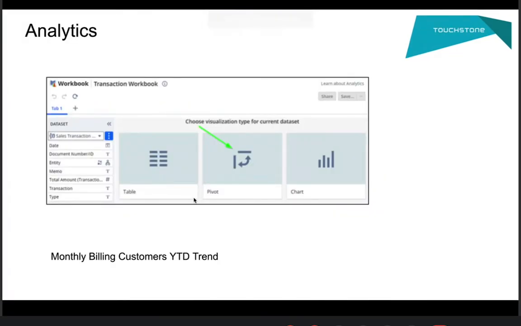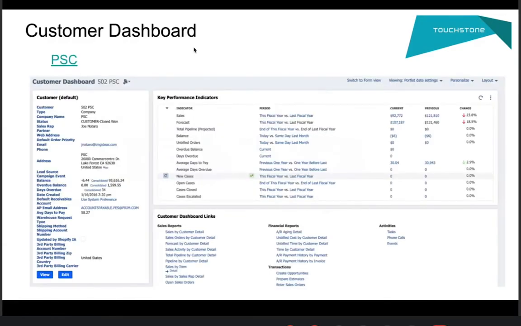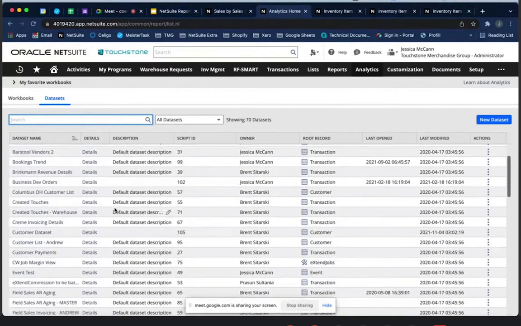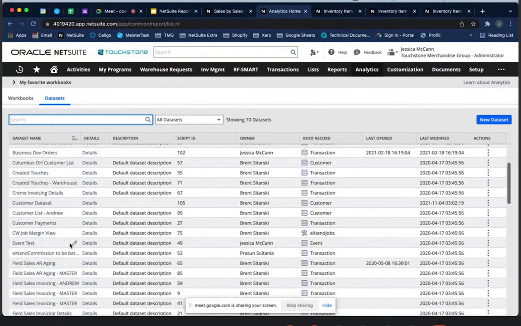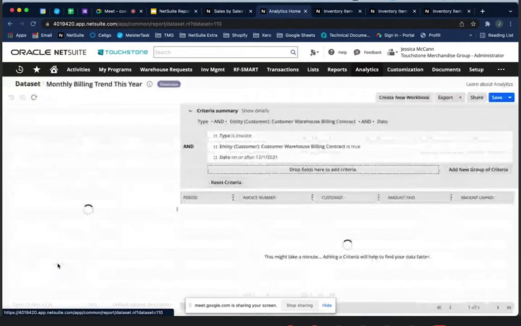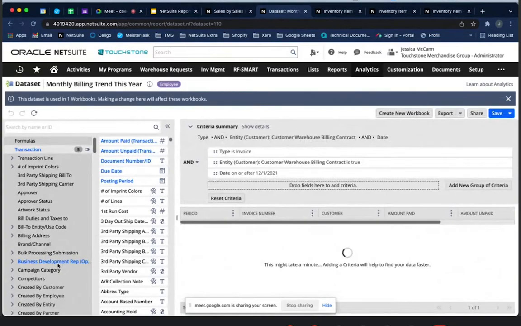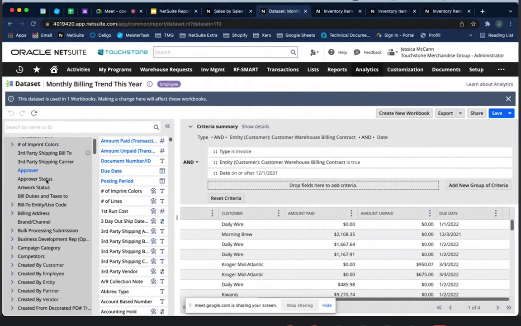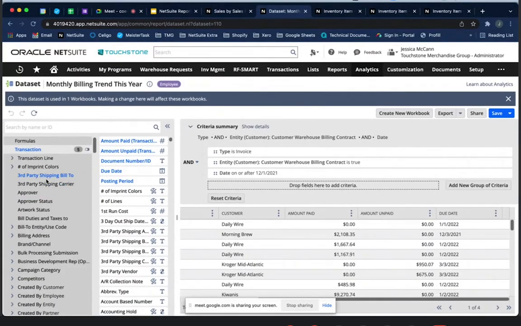Analytics. So this is kind of taking Excel and pivot tables and putting it within NetSuite. So I have an example to go to. Part of it's called data sets, the other part is workbooks. So I'm gonna go to the data set first, and you'll see that that looks more just like, you got a bunch of fields on the left, and then you'll have the output data on the right. So all these fields that you see on the left are related to the transactions. It can be overwhelming,